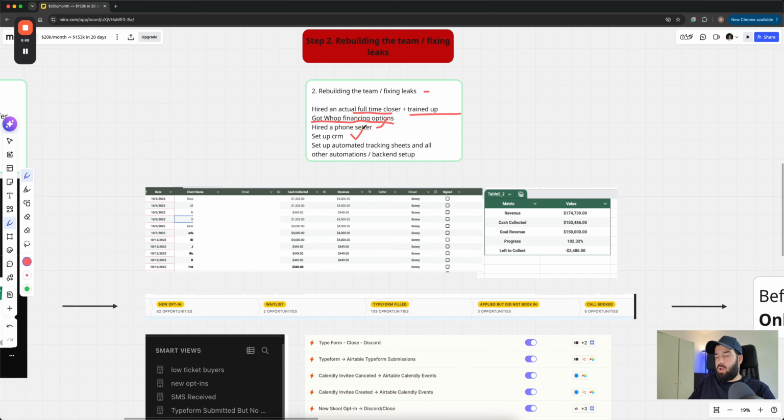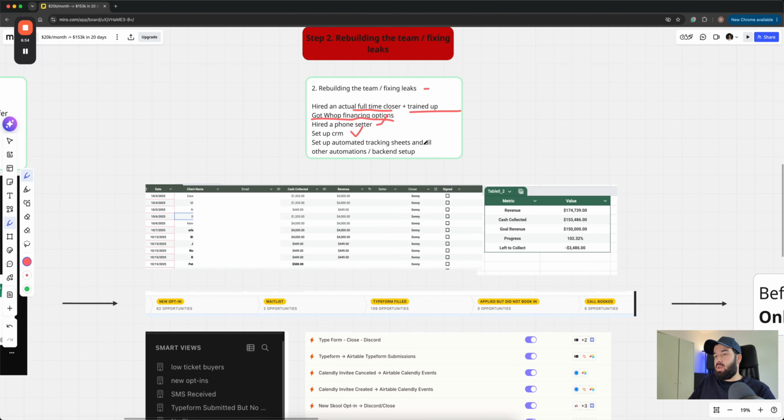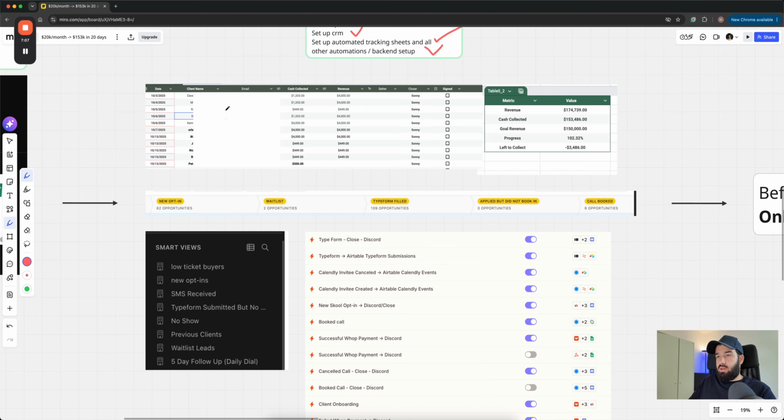I set up a CRM. I use close.com. I'm going to be showing you some of its great features and why I use close.com. I set up automated tracking sheets which track every single metric in the business, from the marketing to the sales side, and then also back end systems, which I'm going to be showing you. Just one example is this tracking sheet, which tracks every single dollar that comes into the business.